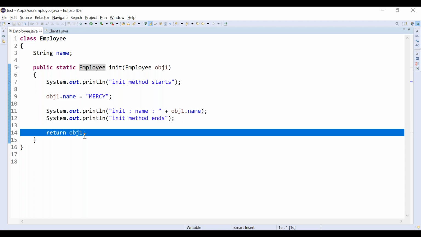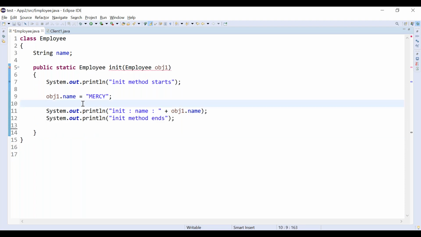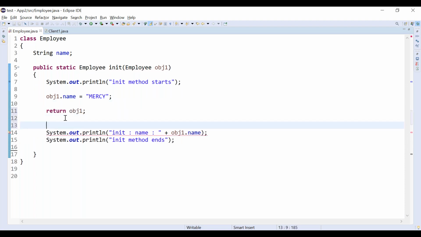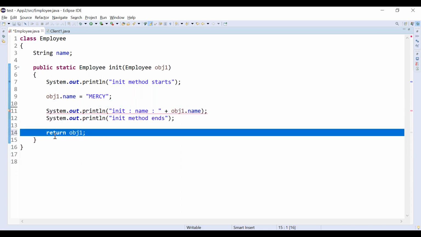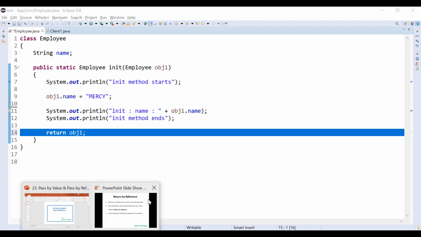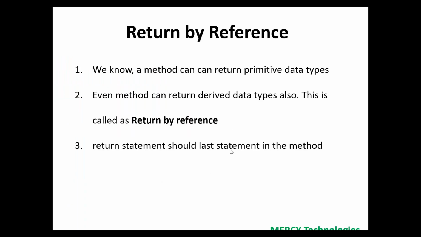I cannot keep the return statement in the middle, otherwise the compiler will throw a compile time error: unreachable code. You are performing everything, and finally you are returning it. This is called return by reference. So the important point to note down is the return statement should be the last statement in the method.